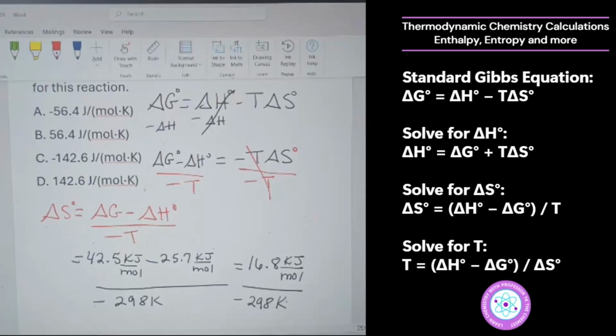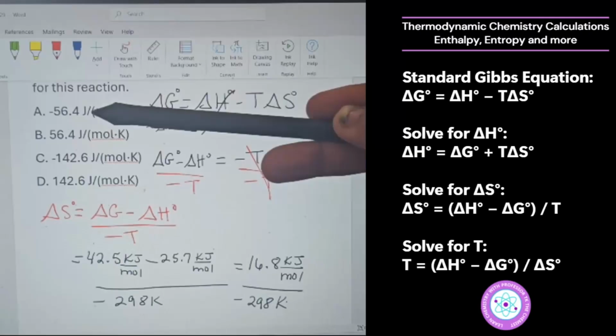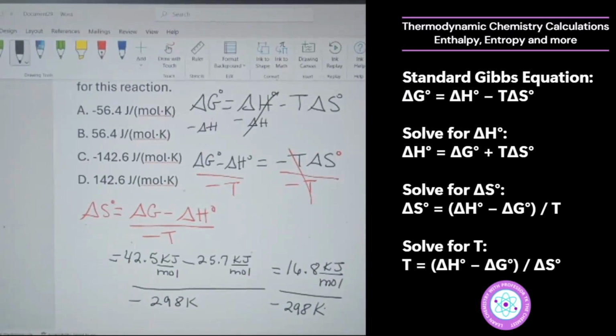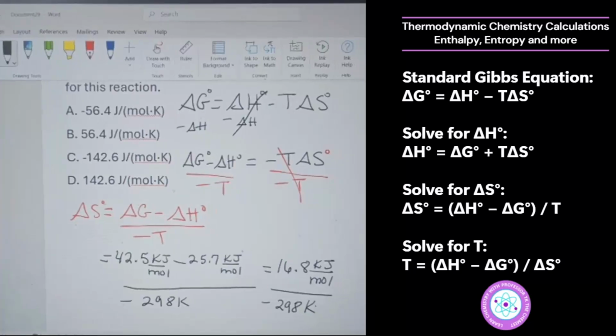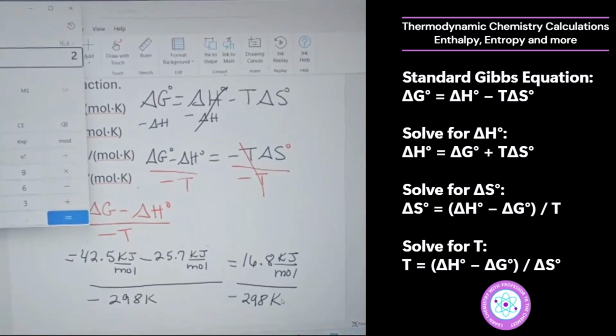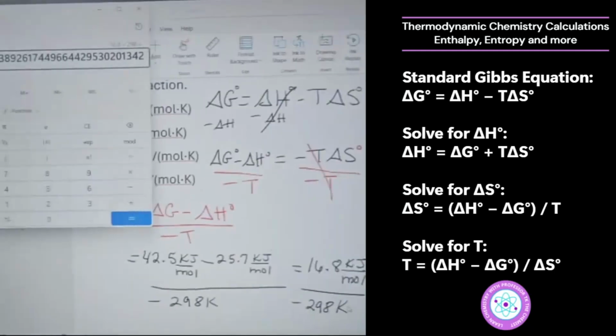What is wrong? It's not that it's wrong, but it's incomplete. You see, the answers are in joules, right? See that? That's right. You've got to convert the kilojoules. So let's say that we did not do that, and we just plugged in 16.8 divided by 298. We would get